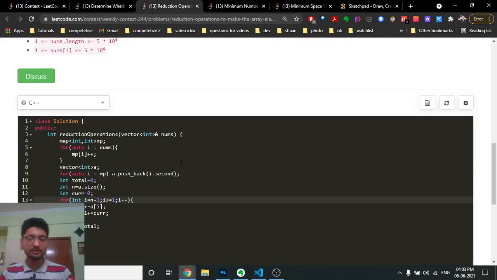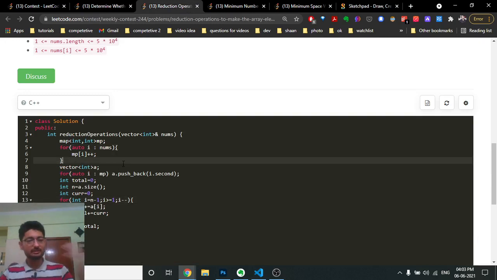So we'll first find out the frequency of every element. You can use a map to find that. They are also sorted in the map, so you can just iterate over the elements of the map and push them. Because they are sorted, we care about the frequency only, but the frequency only matters so that they should be in a particular order, from smallest to greatest or whatever. Because the map is sorted from smallest to greatest, the largest element will be in the back and the smallest will be in the front.